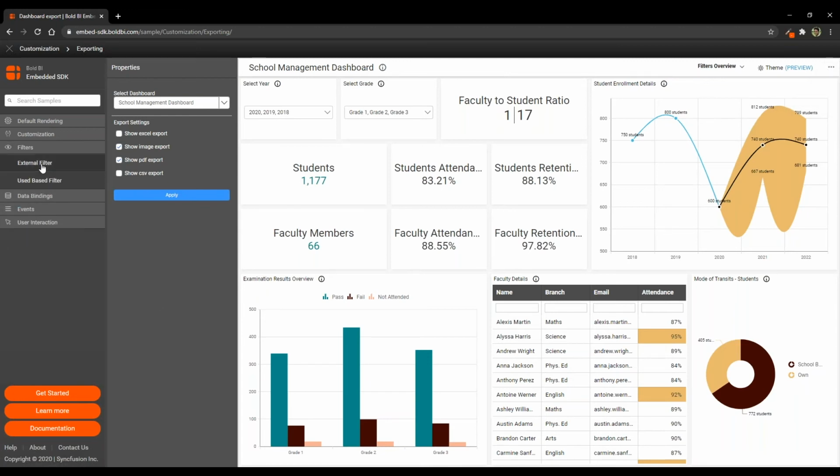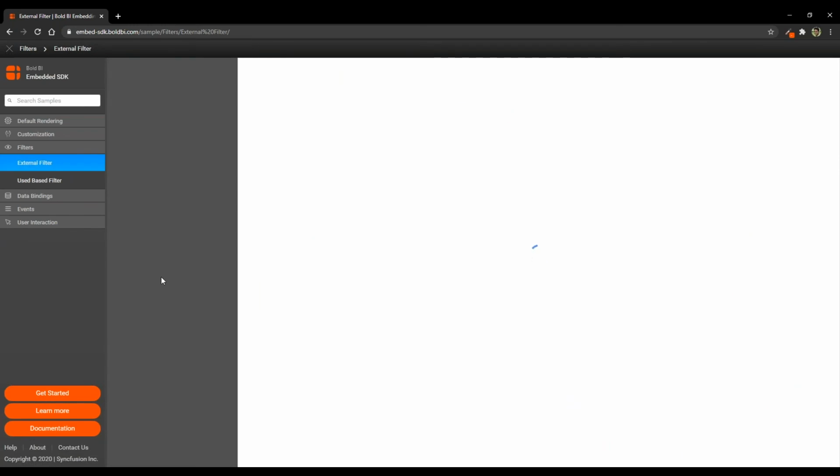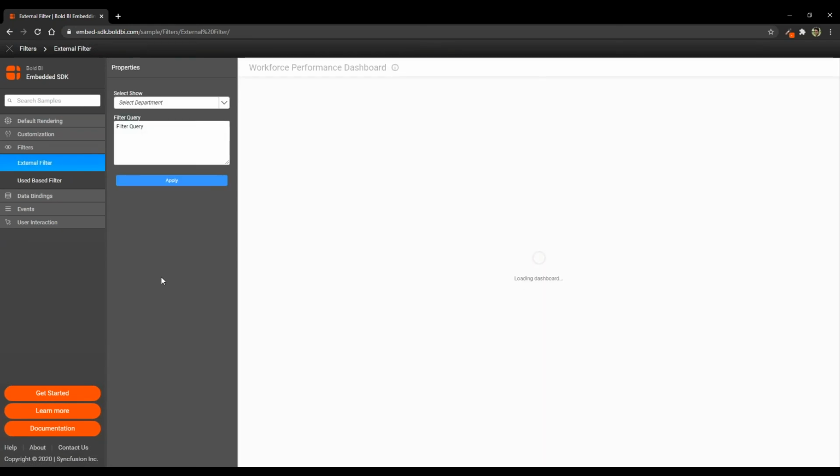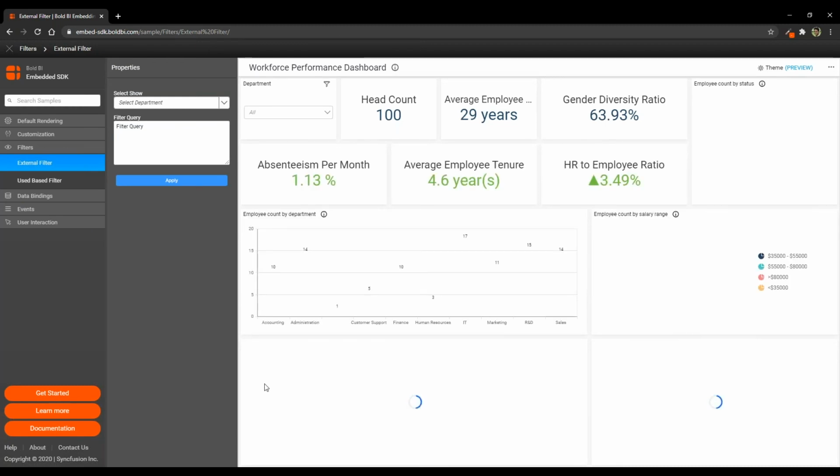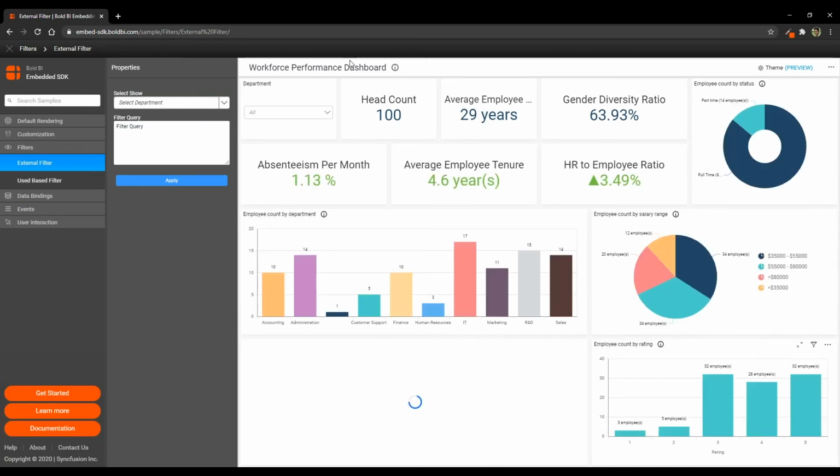And coming to filters, filters are nothing but setting some value within the dashboard. For example, this is a human resource dashboard. A human resource person will be managing this dashboard: what is the head count, what is the absenteeism per month, what is the employee count per department, and all those KPIs.